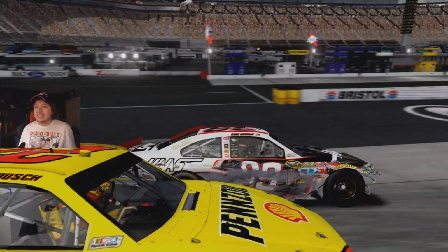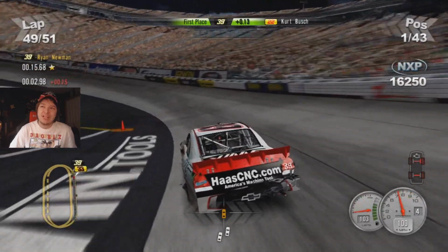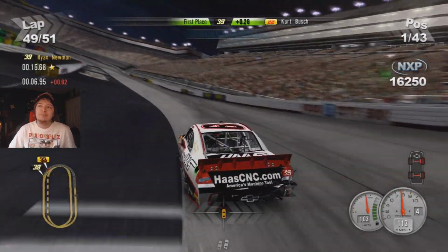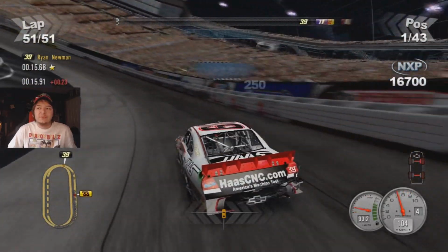God, I try to be nice, and I try to give people room. And, I mean, yeah, I made it 3 wide, but I was being on the bottom, being all nicey nice, and then that happened, but it's okay. We'll just pull away from them like we've been doing the whole race, and we'll be fine. Well, it's the white flag, and